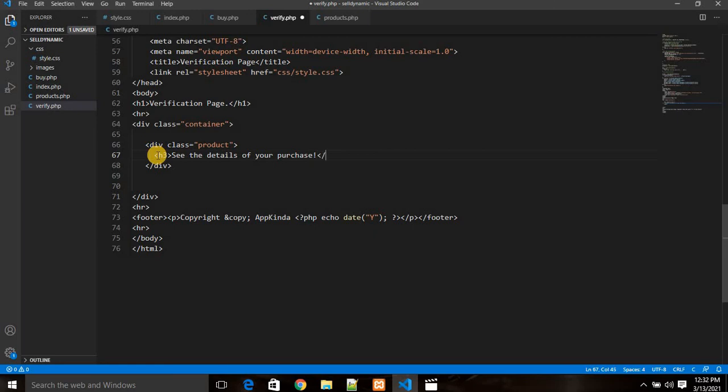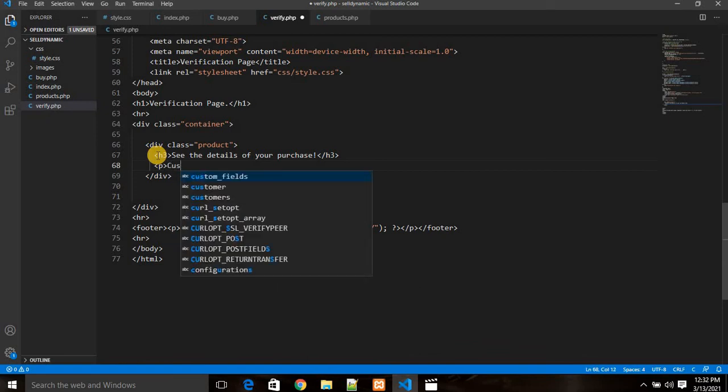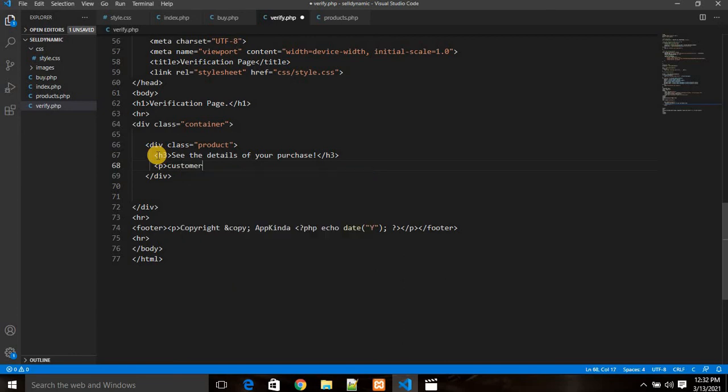Just like that. I'm going to go ahead and close the history, and that is it for the history right there. Then the next thing is to output those things in paragraphs. So I'm going to create a paragraph right here, and I'm going to say customer, which is the first thing that I would like to find right now. So customer email,